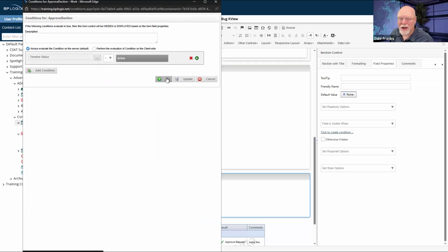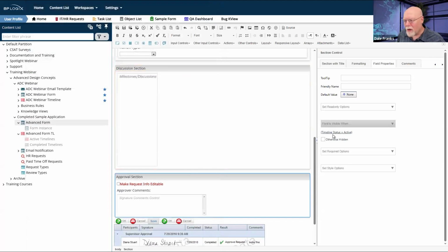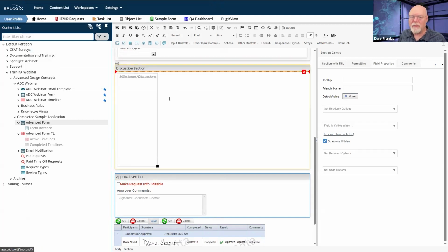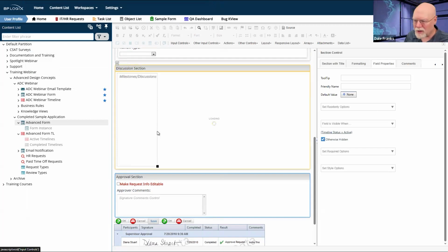On the other hand, I'm not sure I like that either, because that does mean that my approval, well, and this is where you've got to kind of think into these things. So with this setting, what's going to happen is this entire approval section is not going to show up when I have a new form instance. Neither is my discussion section down there. In fact, let's go ahead and run a new instance of the form real quick so that we can look and play with it. And this is a useful thing that you can do whenever you're in your design, is just run and test.